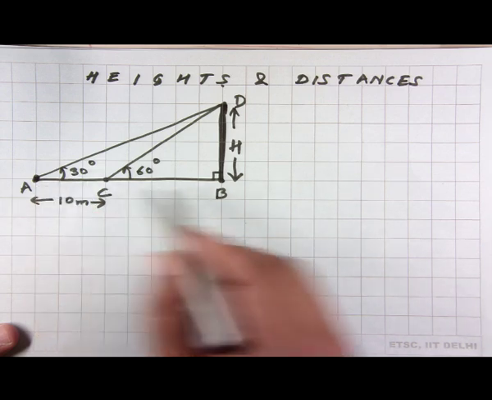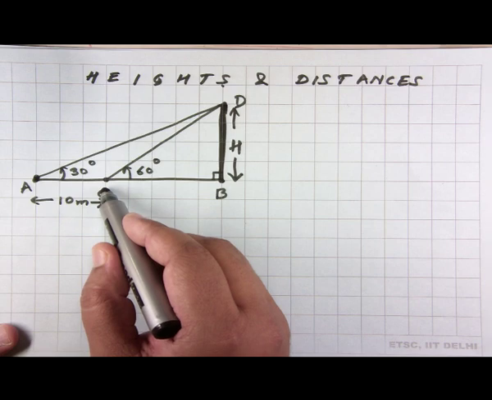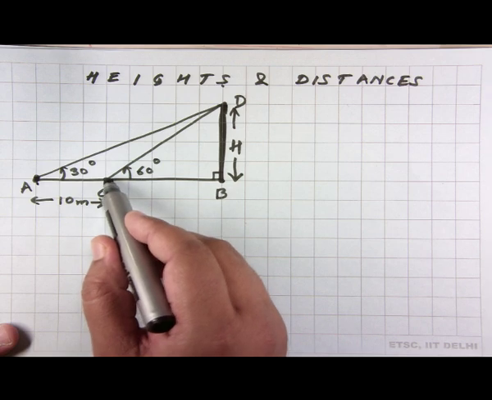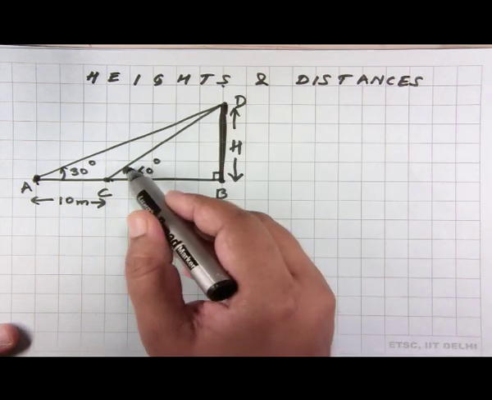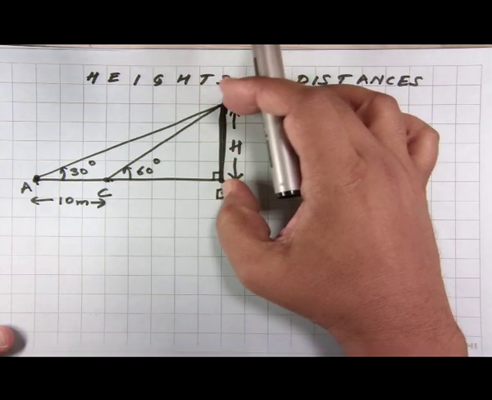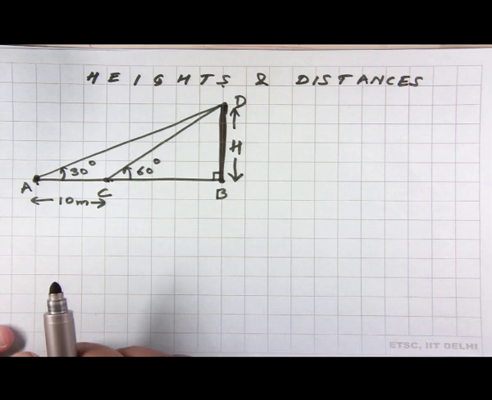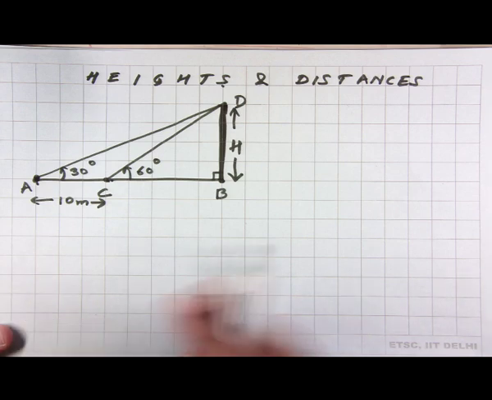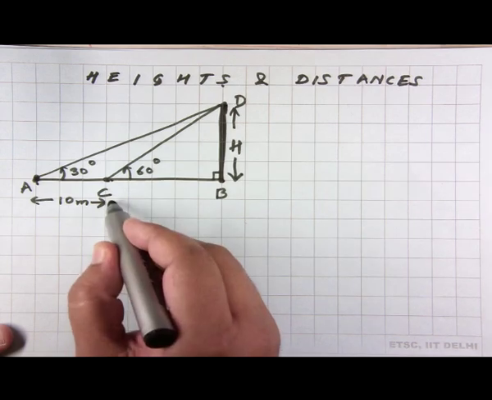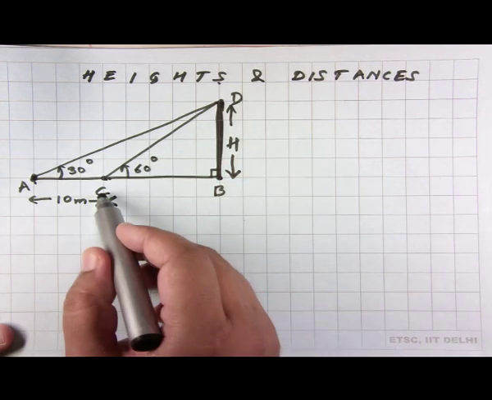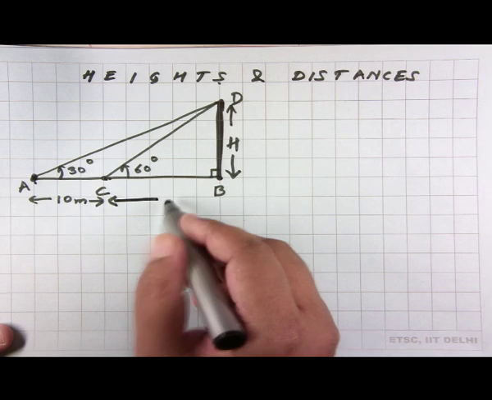When you move towards the building to another point C by 10 meters, so this distance AC is 10 meters, and again look up to the top of the building, the elevation obviously increases to let us say 60 degrees, and then you are of course asked to find the height or estimate the height of the building based on this measurement of these elevation angles. So, the way you do it is, let h denote the height here, let the distance BC be equal to let us say s meters,